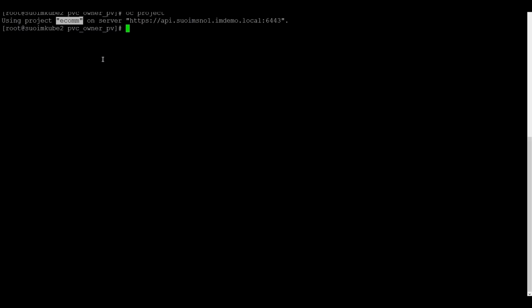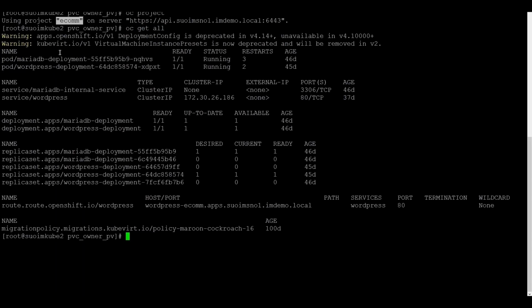As mentioned previously, this is a WordPress application running on OpenShift Container Platform. From the output of the oc get all command, we see that the application is made of two pods: a MariaDB deployment for the persistence tier and a WordPress deployment for the business logic tier. If you are not familiar with the term pod, you can see a pod as a wrapper of a container. Here we see that we have only one pod for the WordPress tier and one pod for the